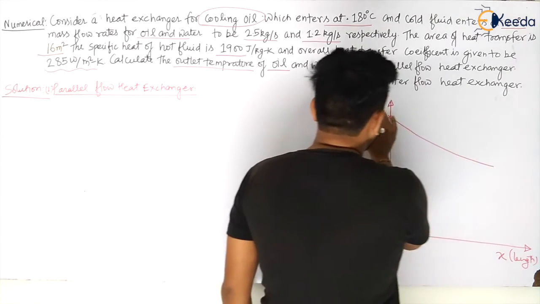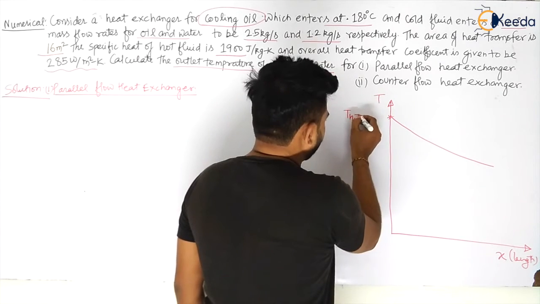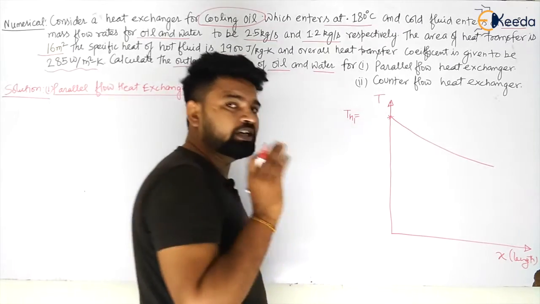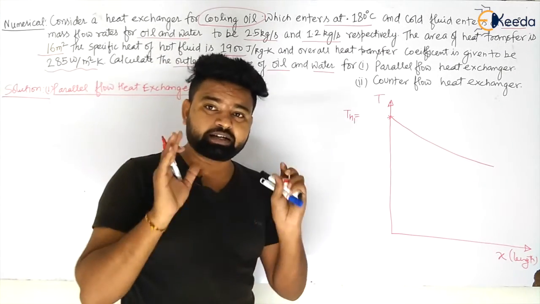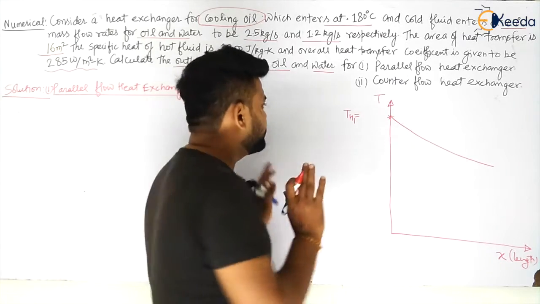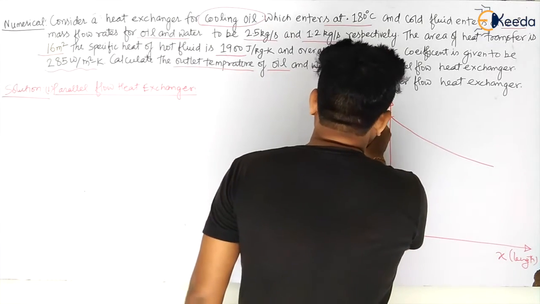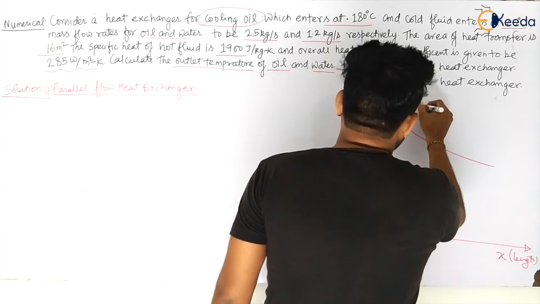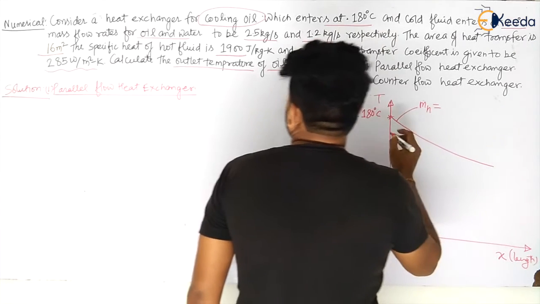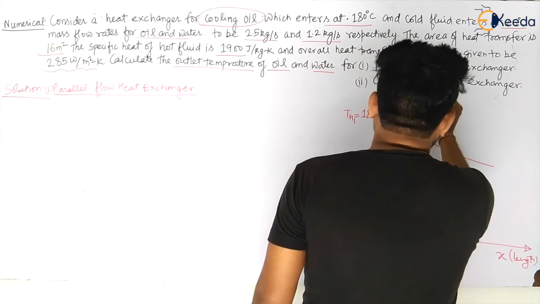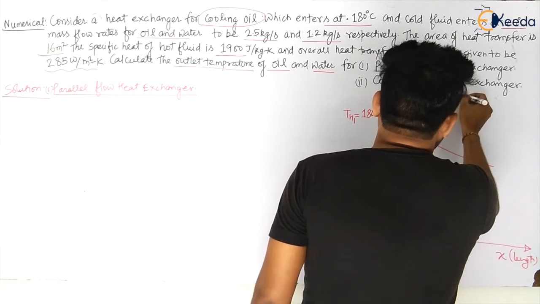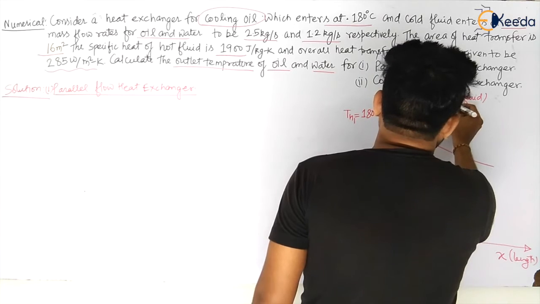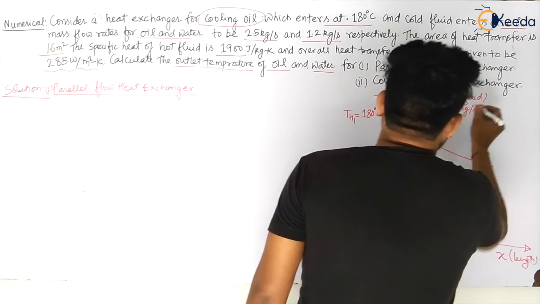So if I am considering the parallel flow case, let us say the fluid is entering at TH1. I have already told you, just write all the things on this only. I will not write there, so that I can easily see all the values and do all my calculations. So the hot fluid entering temperature is given to be 180 degrees Celsius, my dear students. And what is the mass flow rate of the hot fluid? That is m dot h, given for oil, and the hot fluid is your oil. So mh is given to be how much? 2.5 kg per second. Very good.